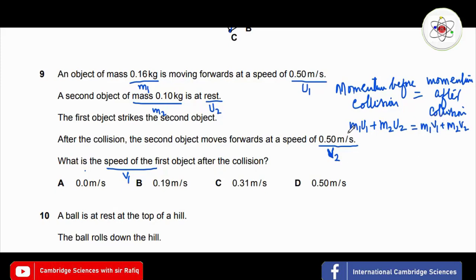So m1 u1 is 0.16 multiplied by 0.5 plus 0, because the object is at rest, so momentum will also become 0 before the collision of the second object. Then m1 v1, so the mass is 0.16, and v1 we have to find out, plus m2, 0.1, multiplied by the